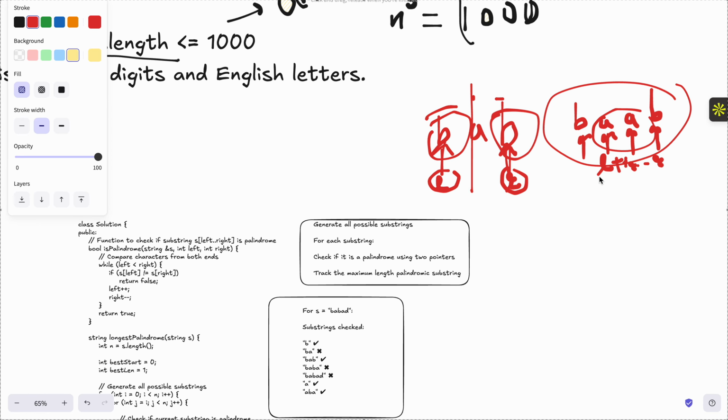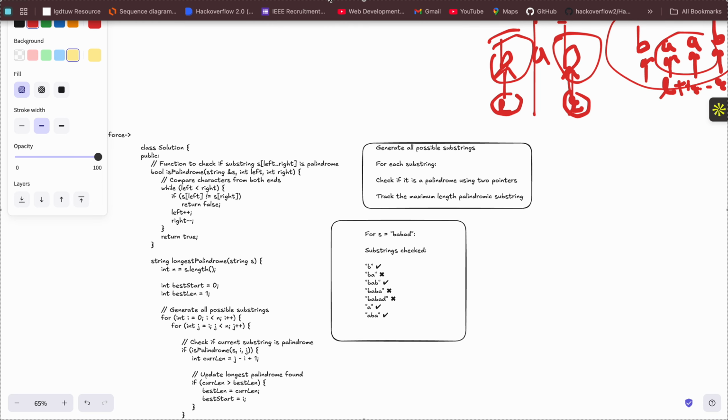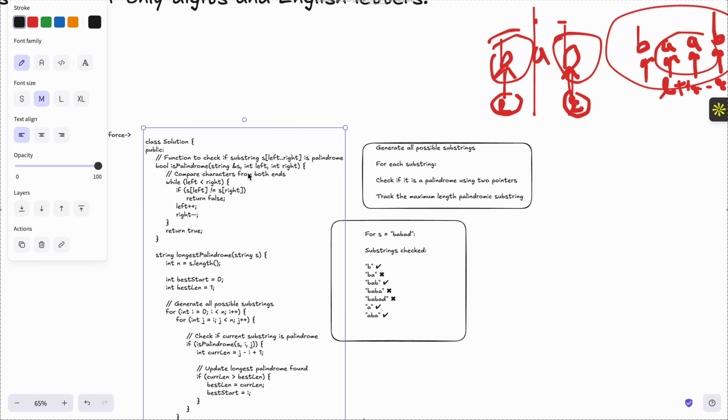So this is sort of the code that you can see. What kind of code they have written is that,